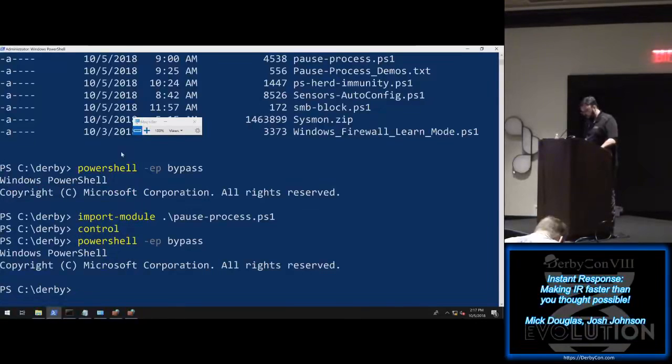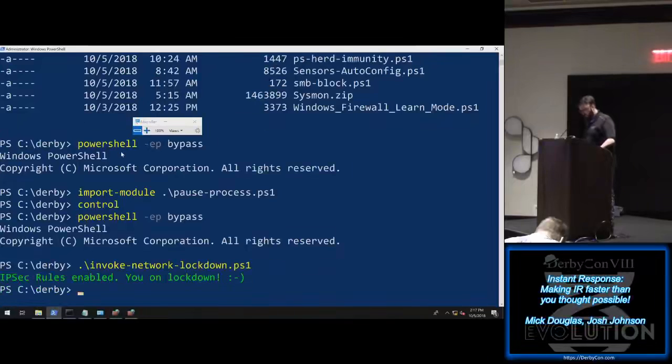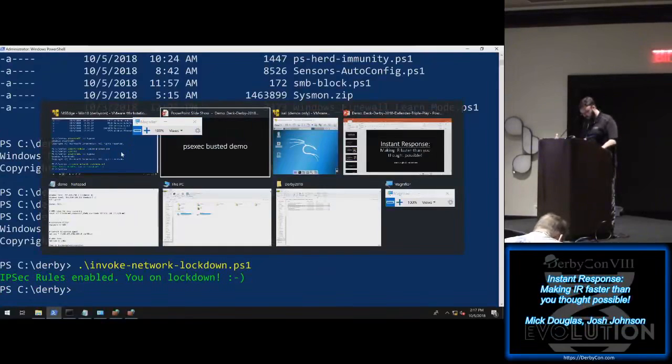And now we're going to go ahead and invoke network lockdown. And now the IPsec rules are enabled. And the cool thing is now when we hop over to our host and do likewise,